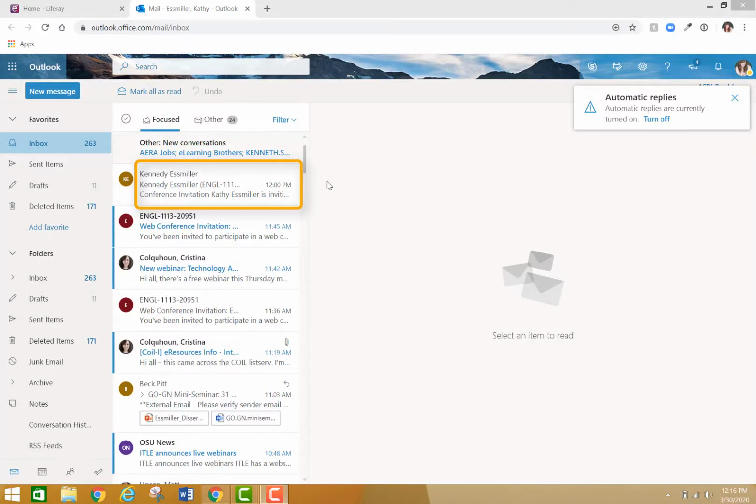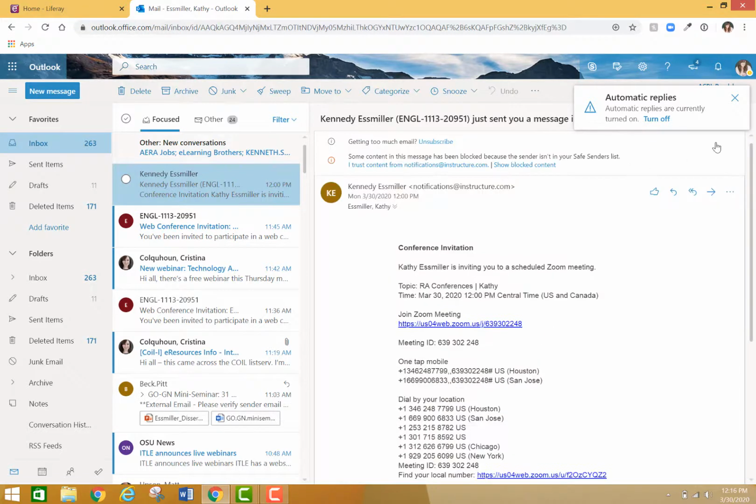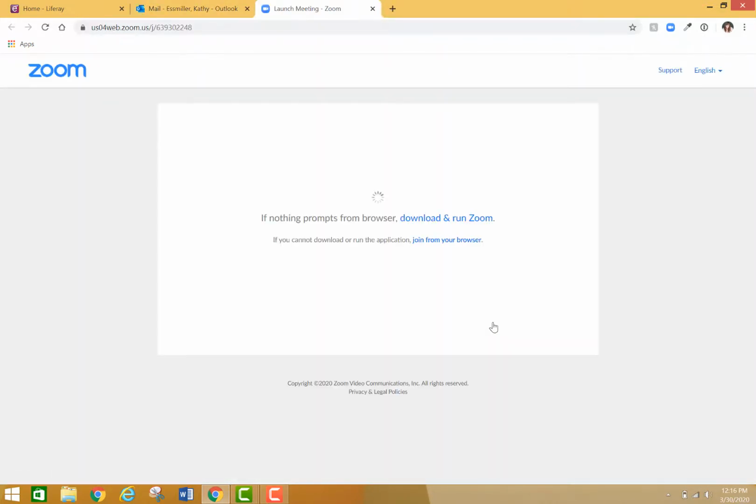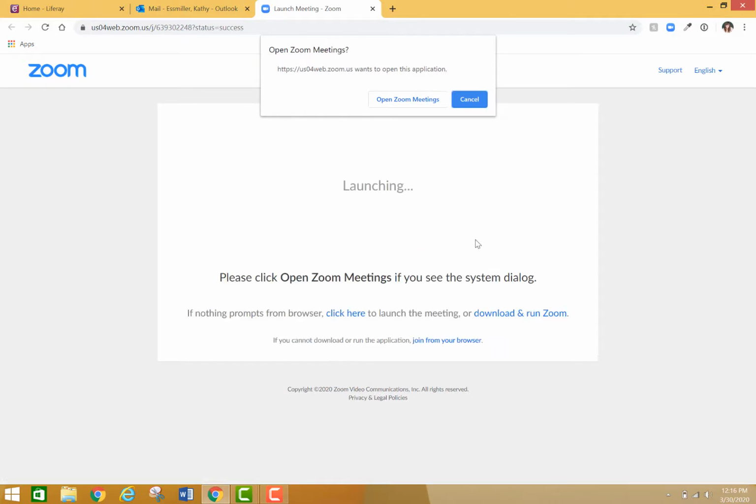You'll receive an email from your professor inviting you to a Zoom conference. Open that email. You'll see a link in the body of the email. When it's time for your conference, click that link to join. It'll launch Zoom. You have the option to download and run Zoom or to